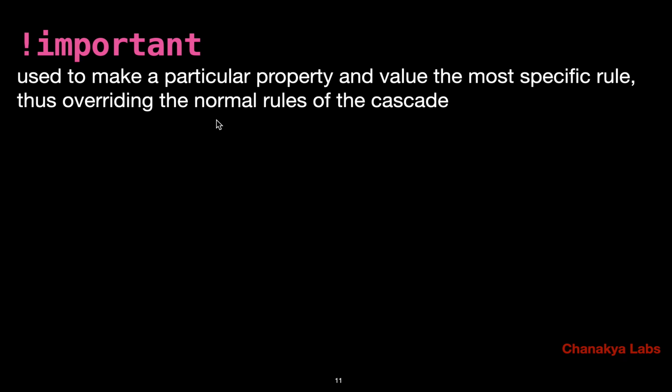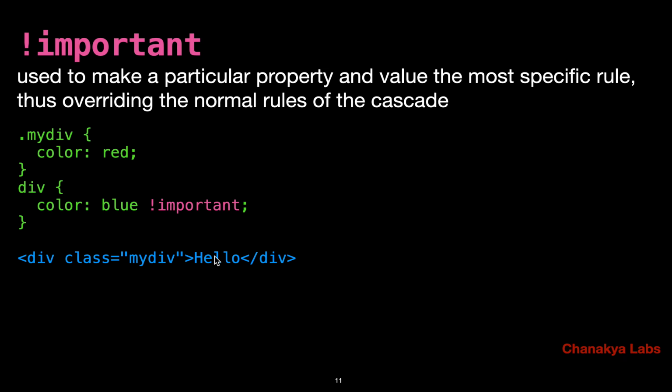and you want to make it surpass the specificity of everything else. Then you can write something like important, and it will work like this: let's say I know that my specificity of class thing is more. So if I write color red, and then even if I write div color blue, I know that this blue thing will not be applied, this red thing will be applied, because specificity of my class is 010 and div is 001, and that's why color red, it will be red.